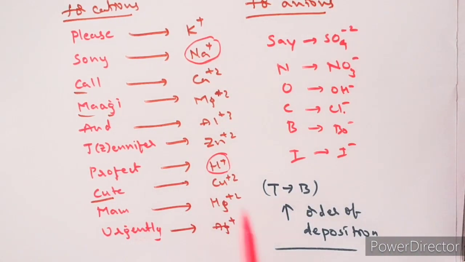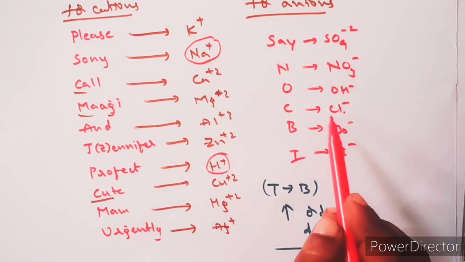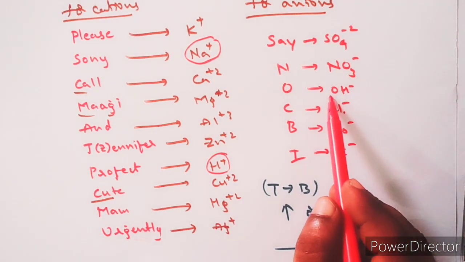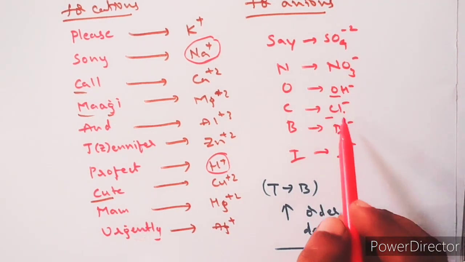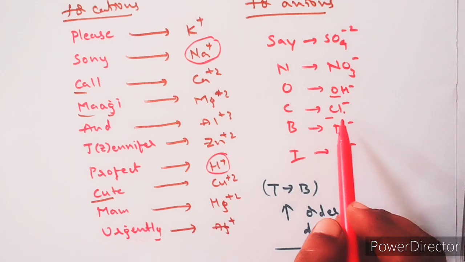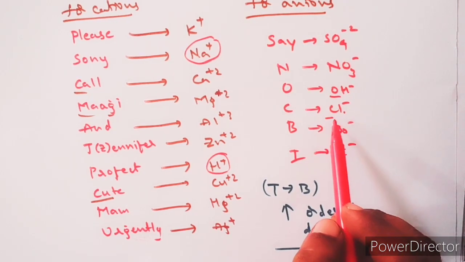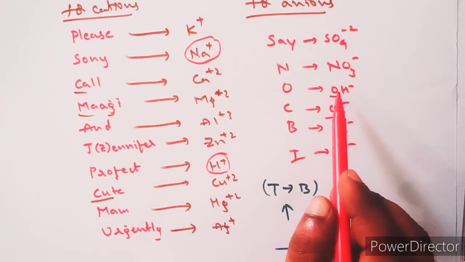Now see, guys, from top to bottom, this is increasing order of the deposition. That means which has the more ability to deposit. When you compare the sodium ion with the proton, the proton has more ability to deposit at the cathode electrode. Similarly, in case of anions, we have hydroxide ion and chloride ion. Which is at the bottom? The bottom can deposit first, that is, lower can deposit first, then upper. So the chloride ion is at a lower position, therefore it can be deposited first, instead of the hydroxide.